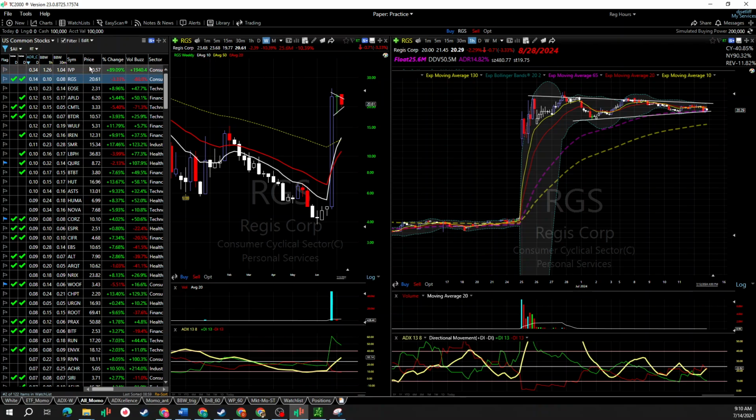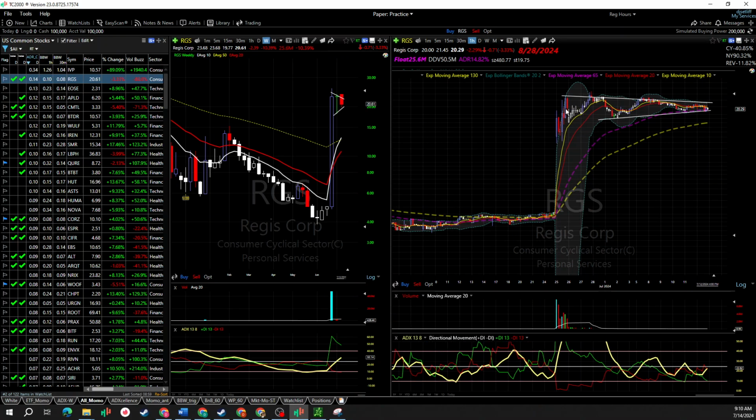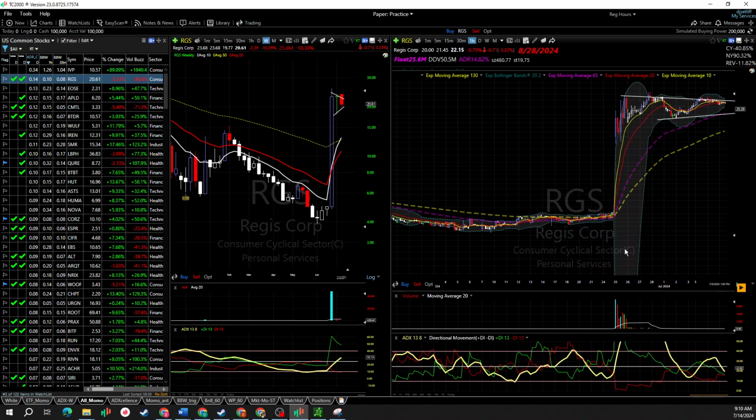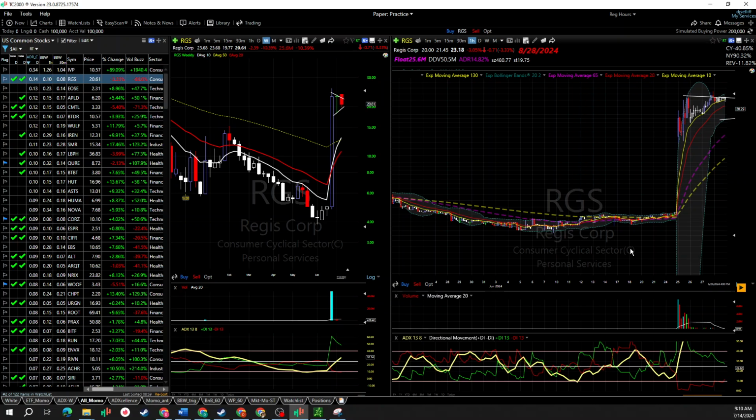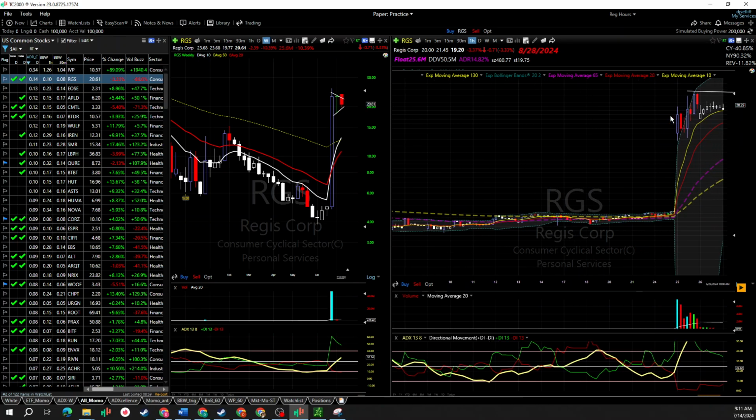But if we take our general observations from this previous stock, contraction and expansion, and we just zoom out a little bit in the intraday time frame, you can see there's this contraction area and expansion, contraction. And this is why we don't want to anticipate a breakout, because this contraction here looks an awful lot like this right here. I mean, there's not a whole lot of difference. If you look at this contraction area,